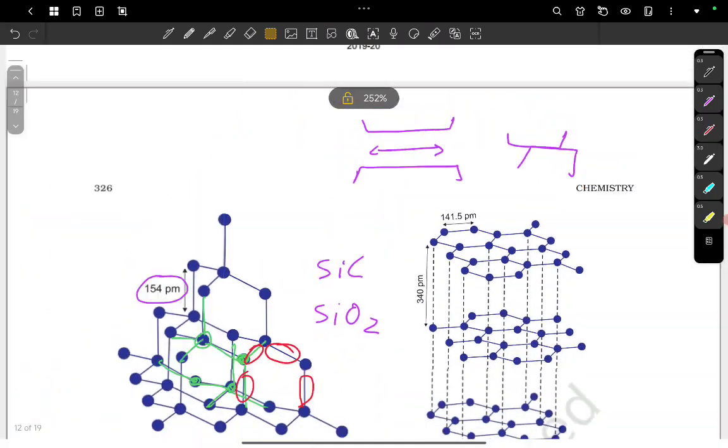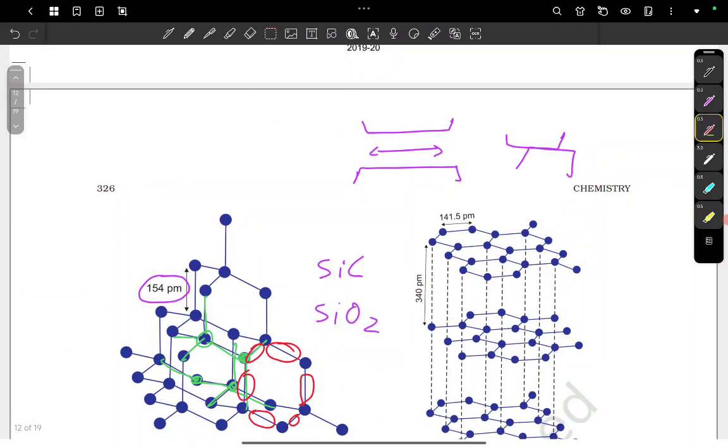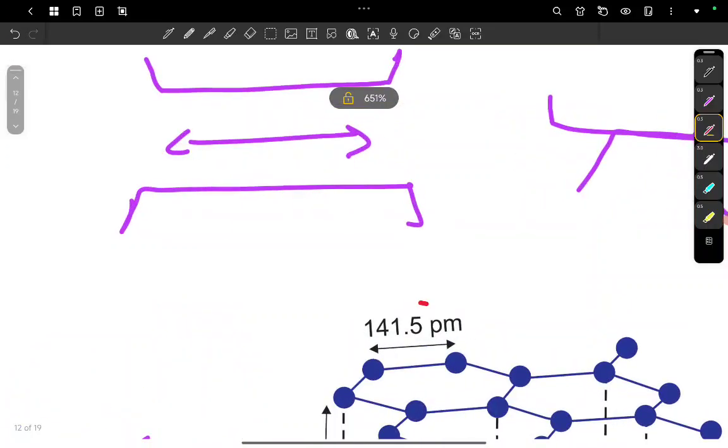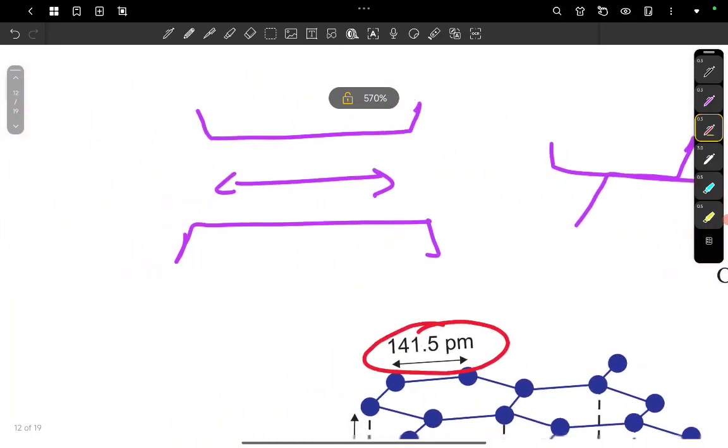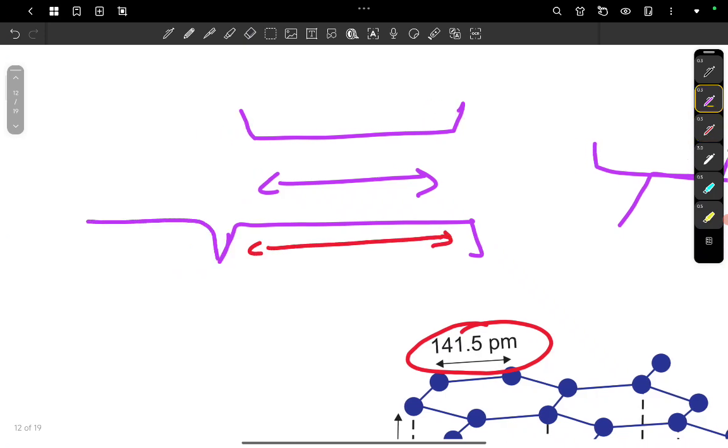Of course, this sound does not come. That was for dramatic effect, but you know what I mean. And this bond here is 141.5 picometers. Basically, it's the size of this plate. This is multiple plates together, which